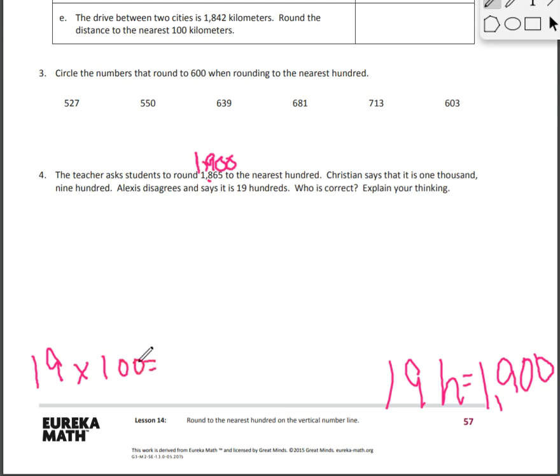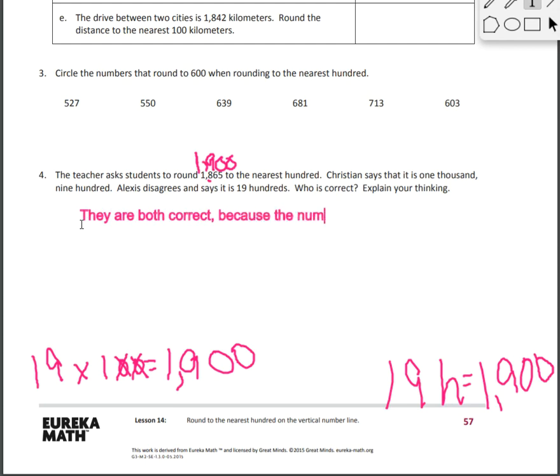This is going to require us to poof not 1, but 2 zeros over here. So these guys are now gone. They moved here. So it becomes 19 times 1, which we know is just 19. And I hang my comma in there. 1,900. They are both correct because the numbers